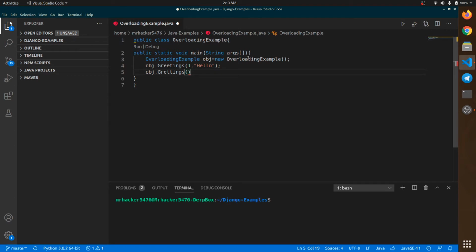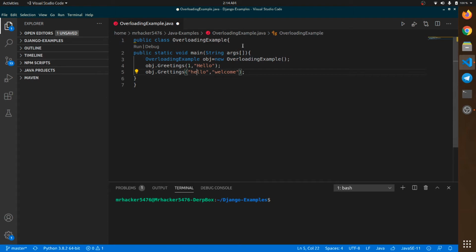So let's say hello and welcome. If you note here, our first method is having an integer data type as its first argument and a string as its second argument. In our second method we are having two strings as arguments.